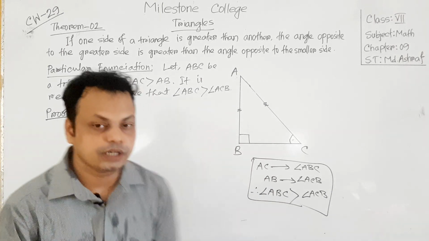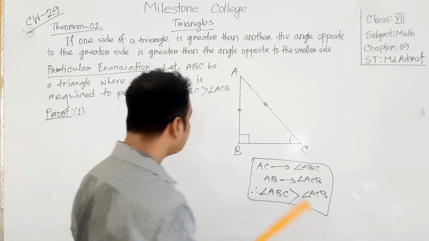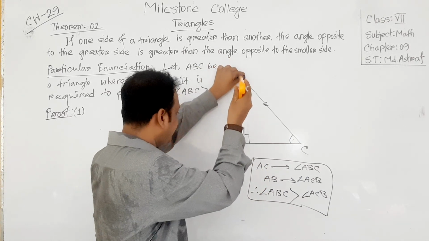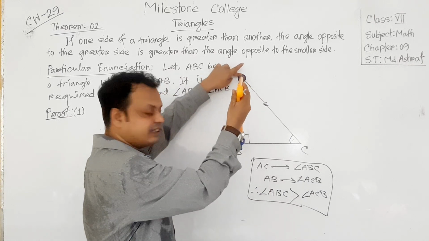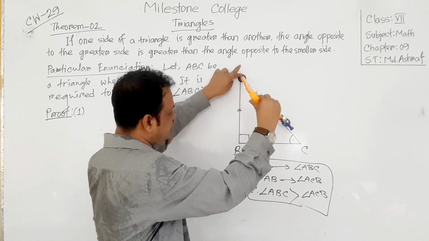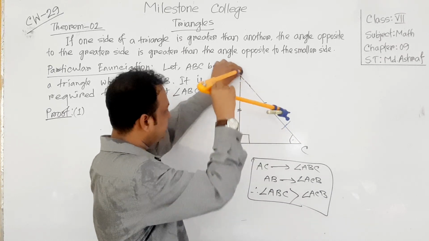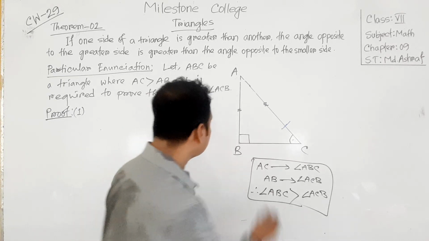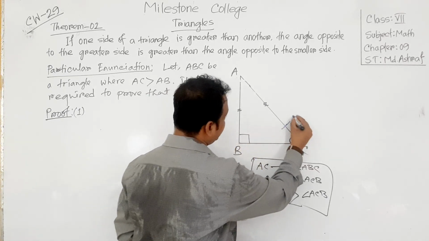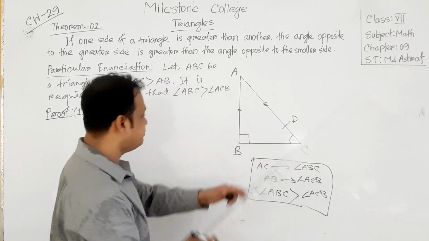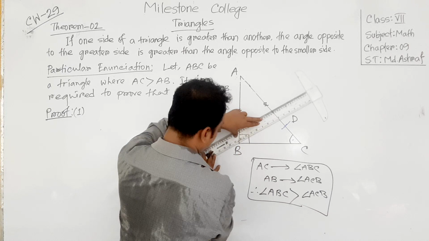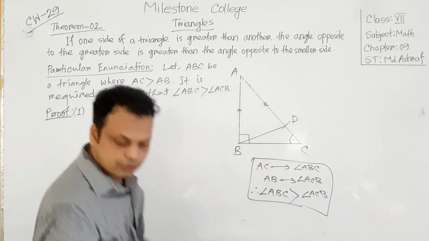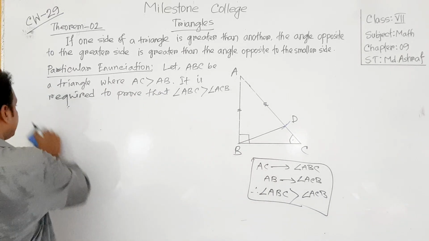For this one we have to add one thing. So for proving this part we need another thing in the figure, and take the length equals to AB. So this is the length AB, and we will cut AD equal to AB. Okay, so this is the AB we cut. So we cut AB equals to AD, and then we'll join B and D.